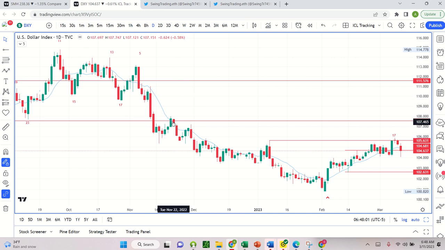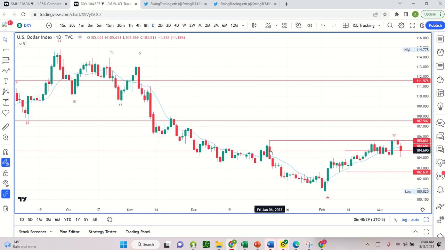Look at this one, got snuffed out. This one snuffed out. This one snuffed out. You can see that. This is one of the more significant rallies. Let's see, what is that in percentage terms, just for context? So a little 2% rally, which is a lot for the dollar. So these are all swing highs. That's another way to think about it. That's a swing high. That's a swing high. This is a big swing high.